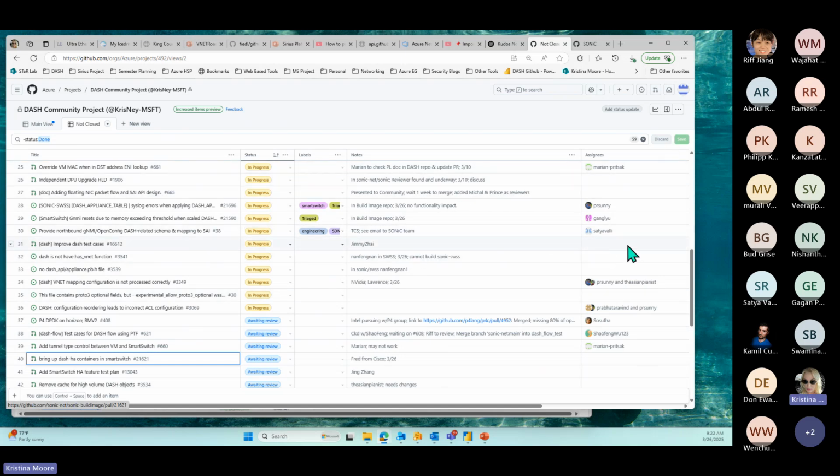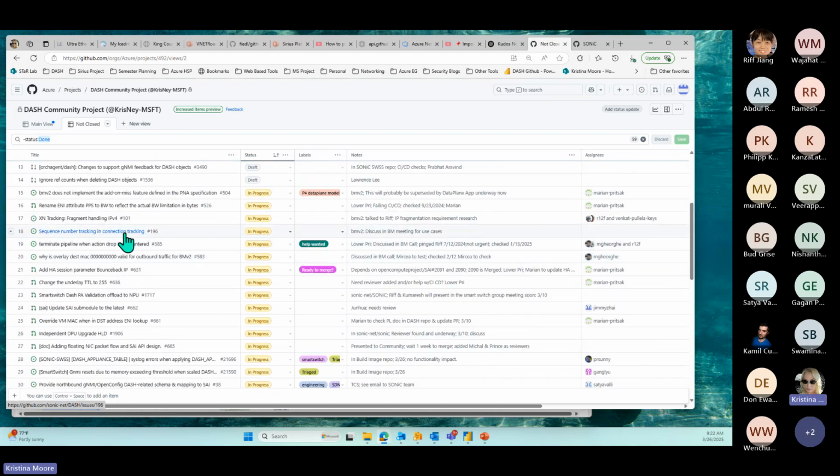Marian, did we need to update the ones you're working on, the session parameter bounce back and the underlay TTL? Are these super high priority? Not really, but I will be publishing probably next week, because this week is a short one, an update to Riff's design, a companion pull request that has behavioral model updates for floating NIC, because that's the highest priority.